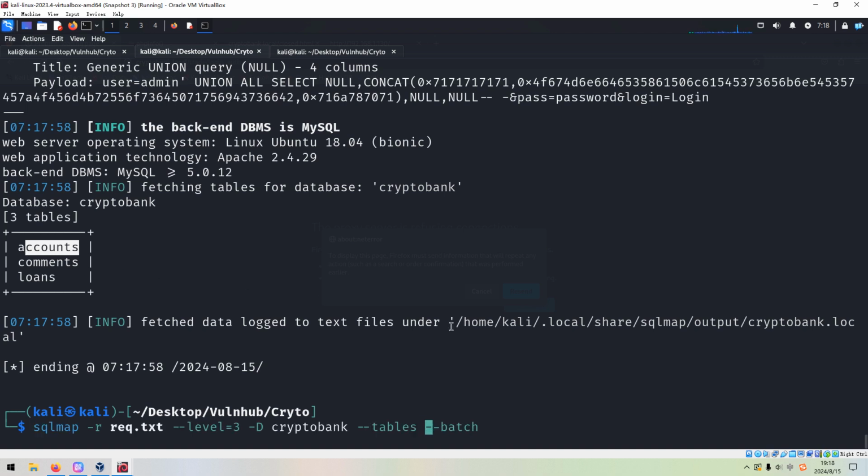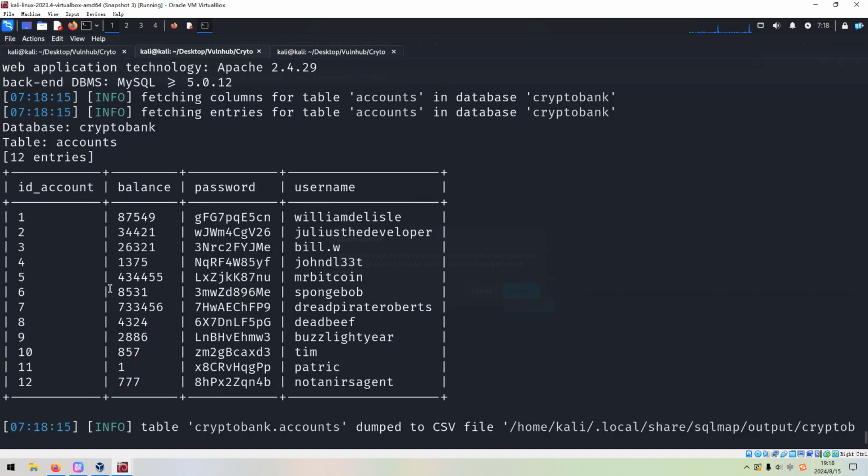So we can use the uppercase -T to specify the table name accounts, and what I want to dump. As you can see, we got back the entries from this table, with different users and usernames.